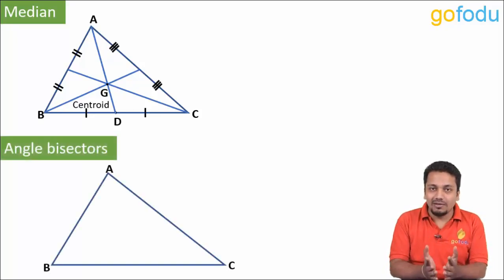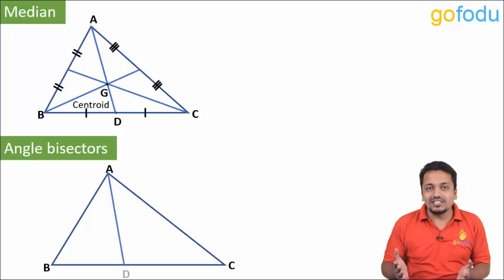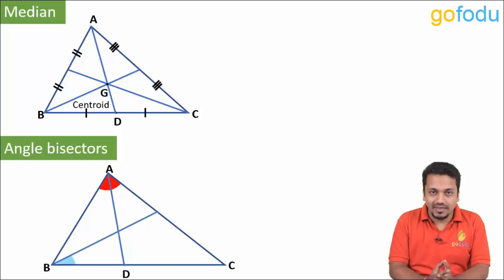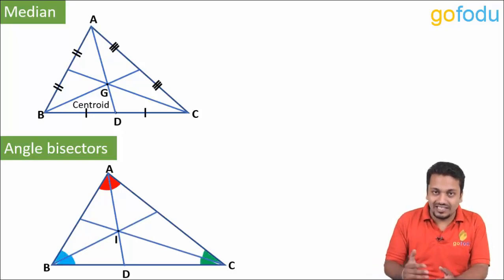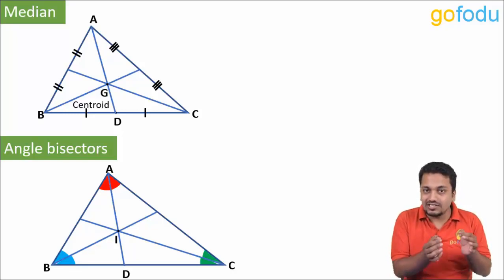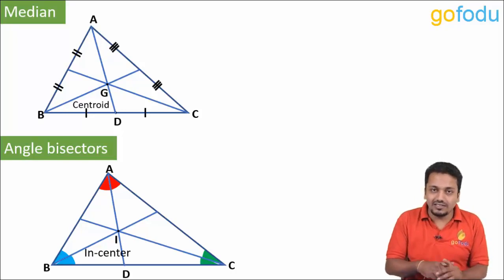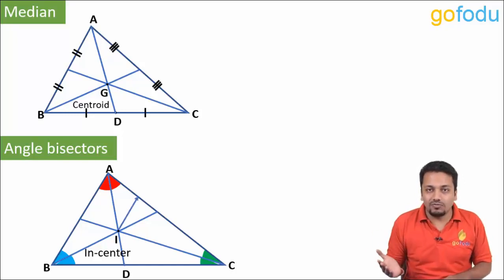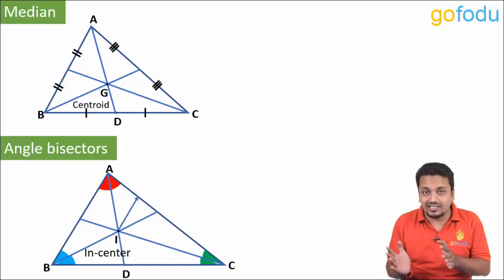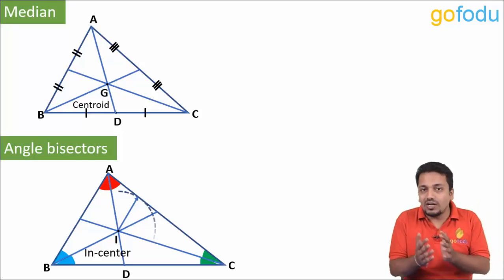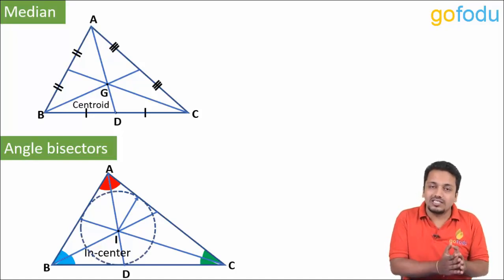Next we have angle bisectors. Well, I need not explain that. Lines bisecting angles of a triangle ABC are called its angle bisectors. And the point of intersection of these angle bisectors is denoted by letter I, and it is called the incenter of triangle ABC. Why is it called the incenter? Because using this incenter and dropping a perpendicular to any of these sides, and taking that perpendicular line segment as radius, we can draw an incircle which touches all three sides of triangle ABC.